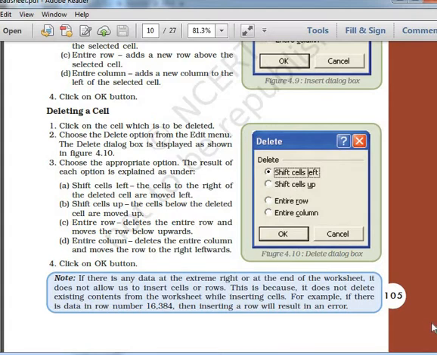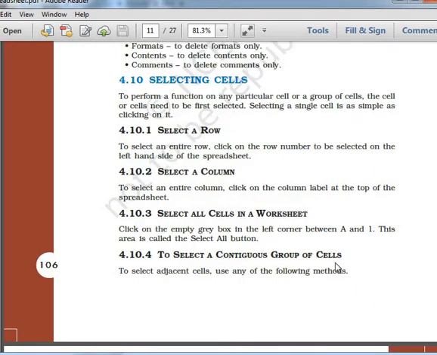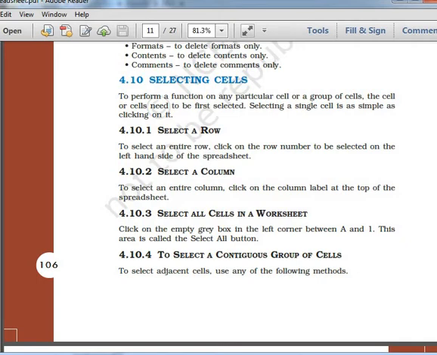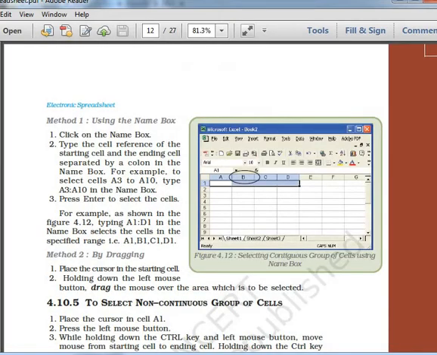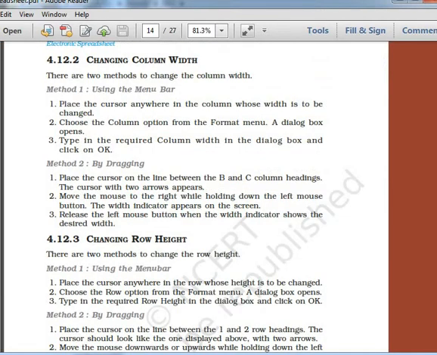Then clearing the data: it gives you a clear option here in the edit menu. Selecting a row, selecting a column, these are very simple things. So just go through this file. There's nothing much to discuss here.